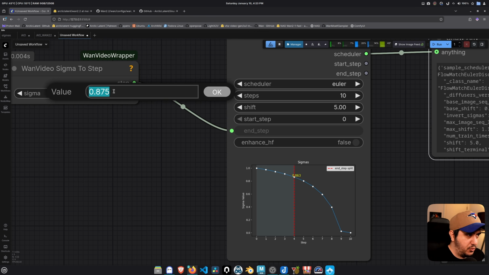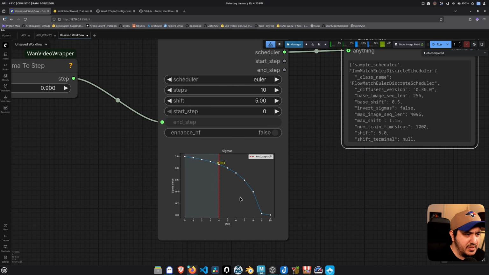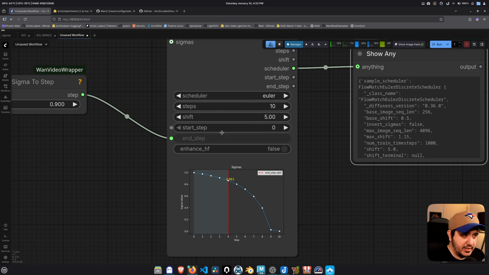If this was for image to video and I run this, the same, because they are very close numbers, 0.875 to 0.900. So I am getting step 4. So this is what you can use. This is the math behind it. And if you really want to put the right number, this is not always going to give you the perfect result. Like I said,